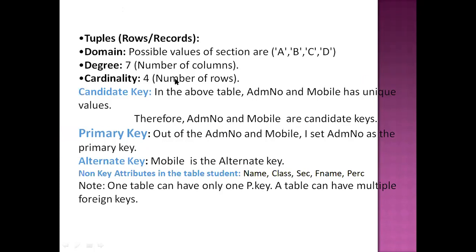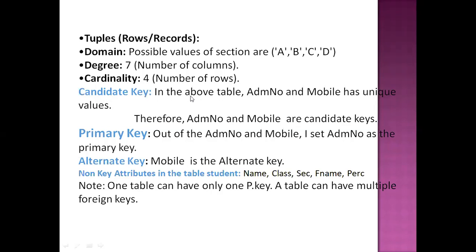And cardinality means the number of rows in a record. How many rows are in a record? I have just given an example of that. First table and second table, all the records are in a relation. The first table is the parent table, which has all your permanent records. The second table is about your exam details, all related to the first table. So all records are in a relation, and that is called cardinality, the number of rows in a relation.